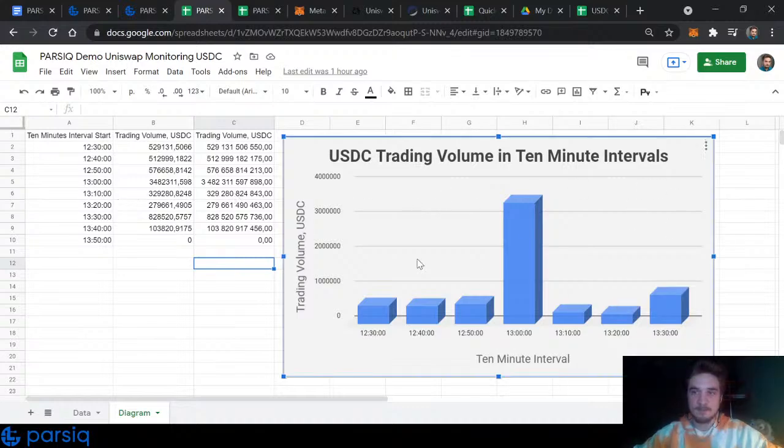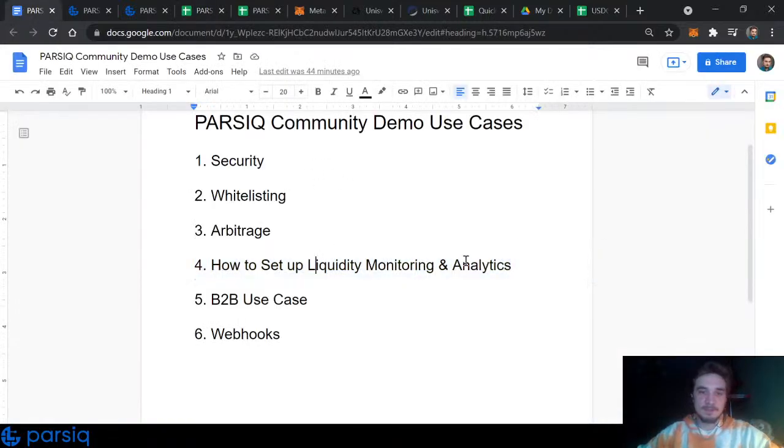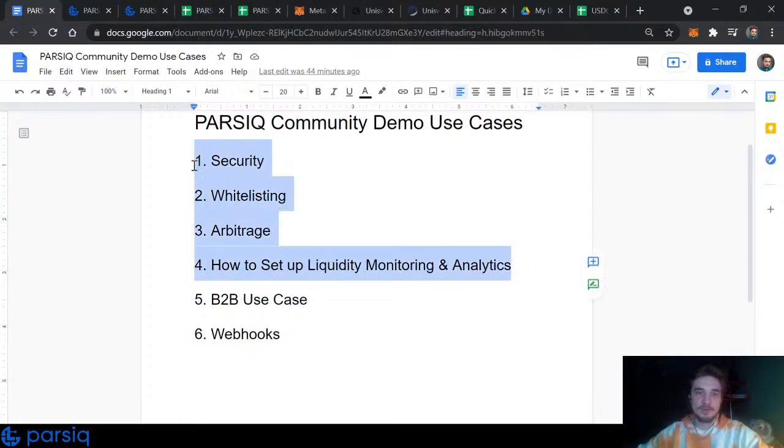I hope you like this picture as well. Okay, so this is the USDC Uniswap analytics use case, and I've been showing some trader or B2C use cases previously, but